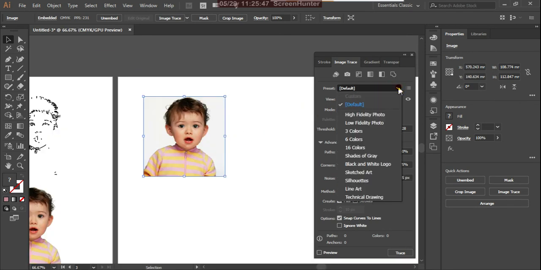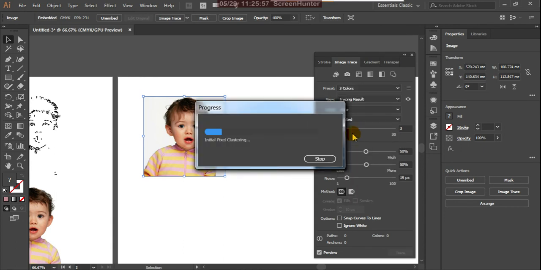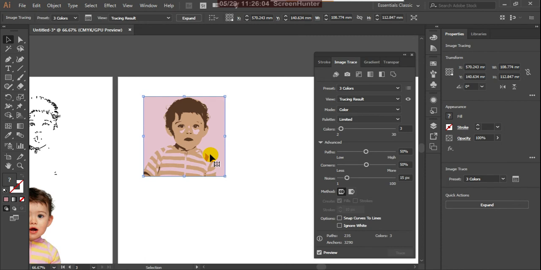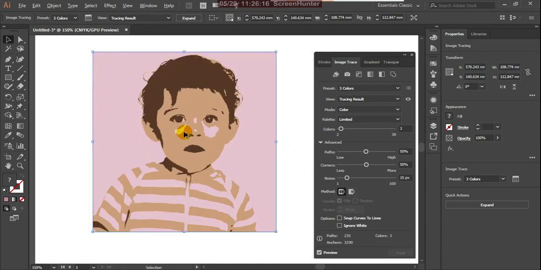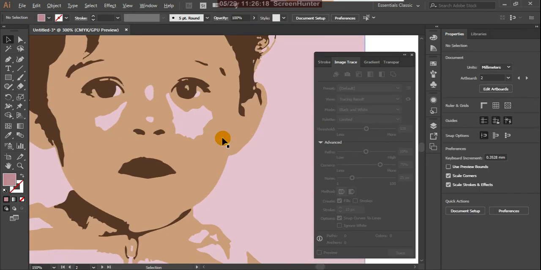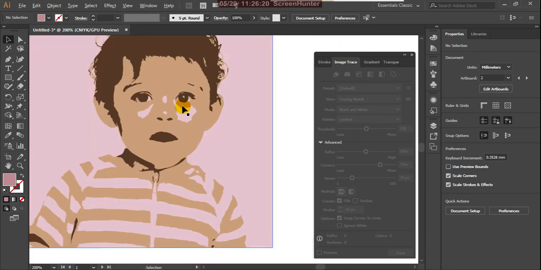Now we check one by one all these things, because this similarity is there in both. For the three colors, here I am using three colors. In the three colors, it gives you a three color effect only. See, your object is converted into three colors. But this is your vector.